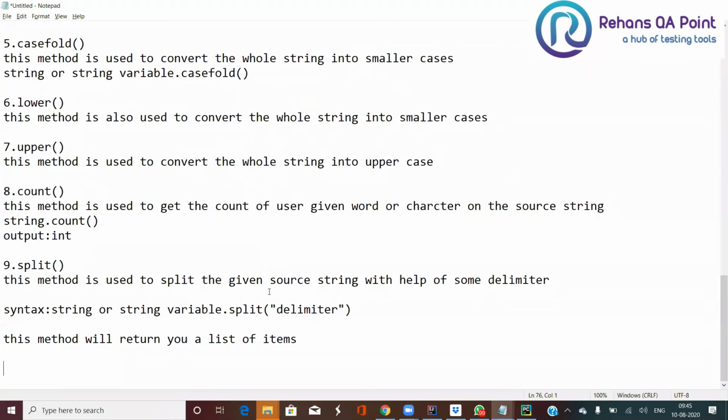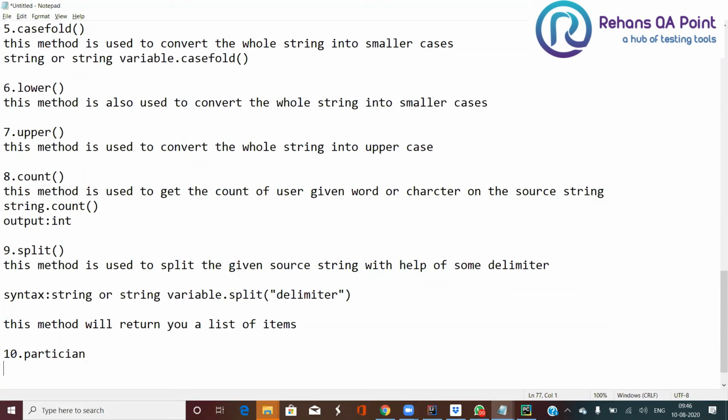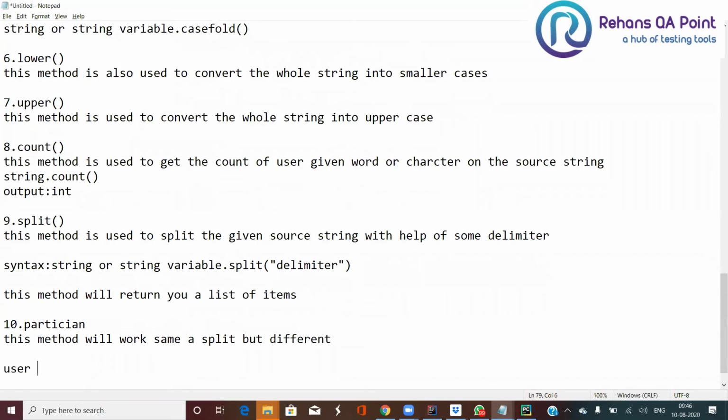So there is another method, parallel to this method, called partition, guys. This method will work the same as split but is completely different. The user must provide a delimiter, that is the first point.